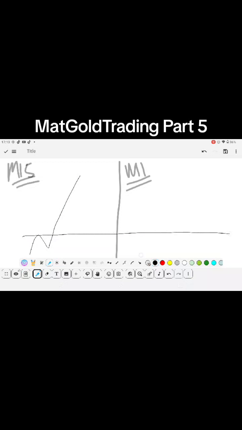On your M1, it looks something like this. And then goes like this. Let me just start over. M1 looks something like this. You enter. This is your TP. This is your stop loss, and this